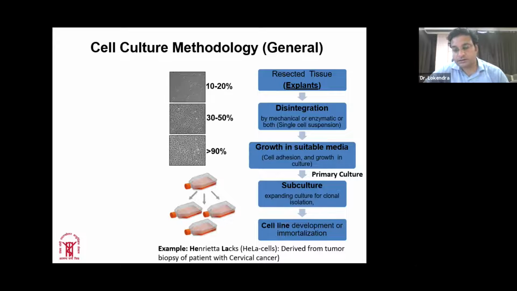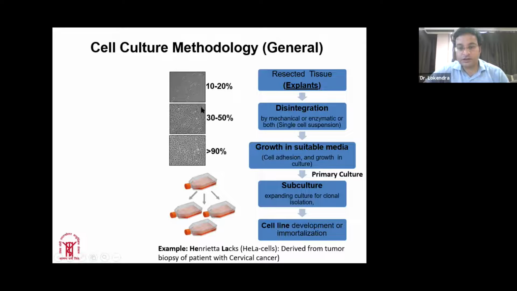to get the single cell suspension. Once you disintegrate the cells, they should be in a revivable form, in the original form. The cells are disintegrated from the tissue, and then you can grow them in culture dishes. These are general culture dishes where the red color represents the media, and their growth can be monitored over a certain period of time.